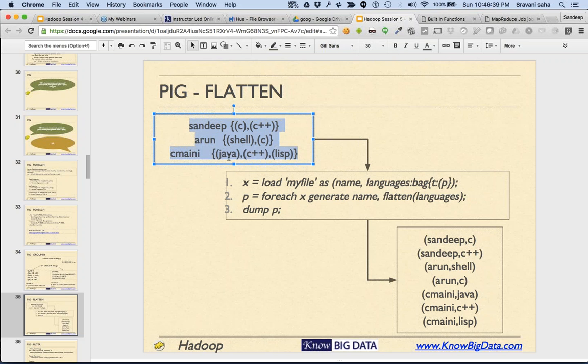and Mani knows Java and C++ and Lisp. Now, if we had to do that, who are the people who know C, bring them together, who know Lisp, bring them together, and so on. So, what we have to do is first ungroup it based on the programming language and then group it based on the programming language. So, this is what we're going to do: we are going to load this data